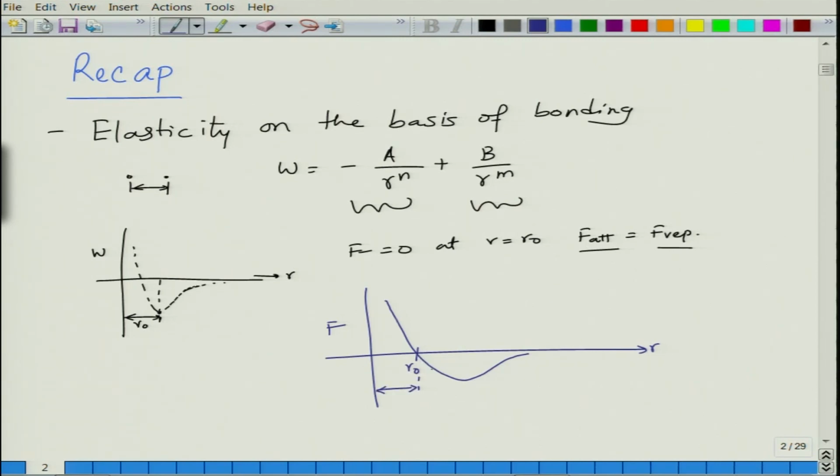So, as you stretch the material beyond R naught, you lead to forces which are attractive in nature. So, basically atoms tend to pull, you have to overcome the attractive forces, and when you compress it, the forces which are applied are the repulsive forces. So, here it is compression as you separate the atoms away from each other, and when you pull them together towards each other, then you apply tensile forces, and this modulus of elasticity is essentially related to bonding. So, you can see it is a fundamental property of the material.